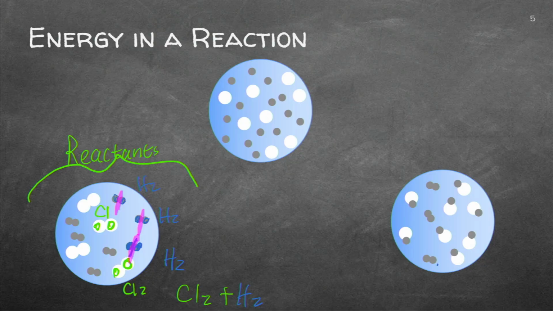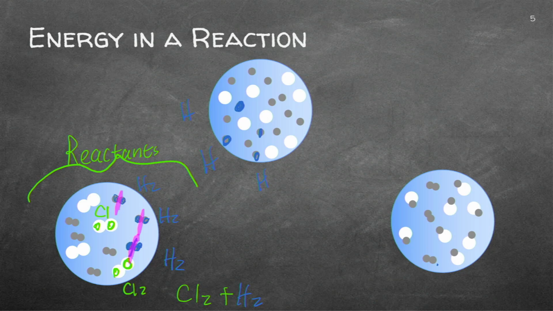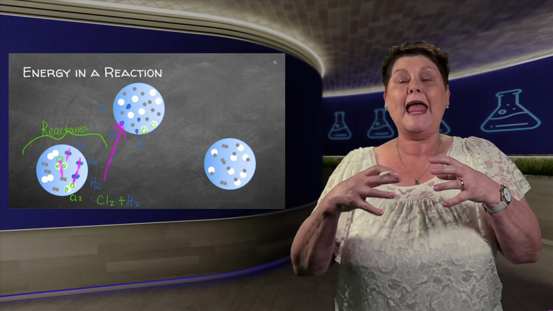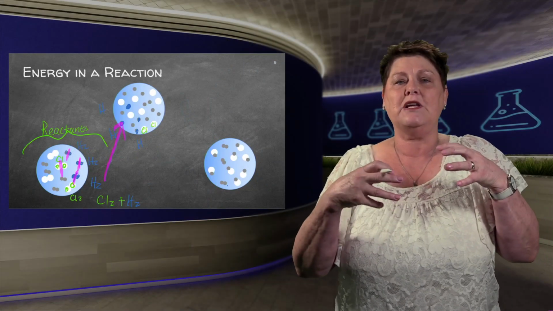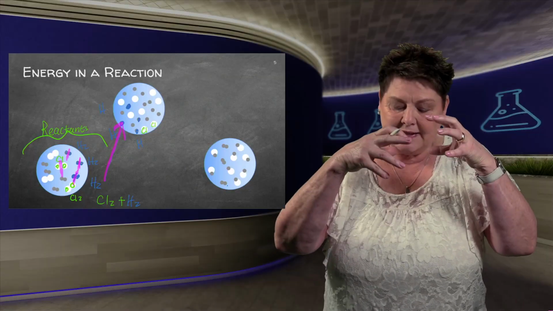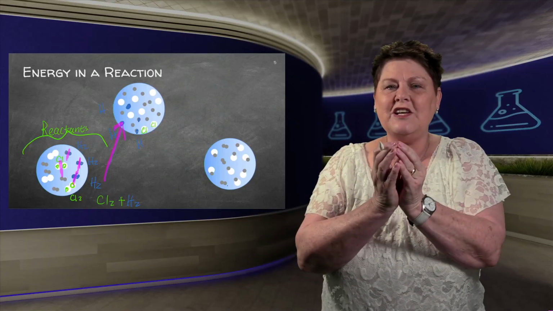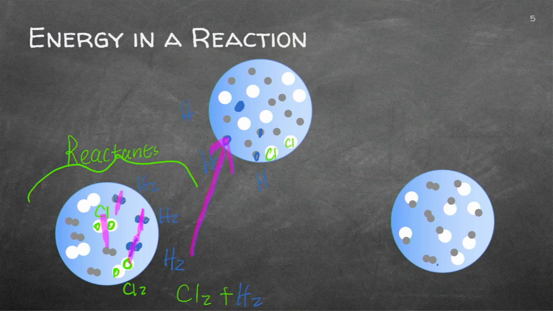Can you see there? This is one H atom, another one. So it's not bound to each other anymore. What I did here is I actually increased the energy. I pull these apart. Can you see the chlorine there? You've got that one and that one. So now they're agitated. They've got high energy. They don't want to be like that, and they will now go towards each other again. And now you'll form the product.